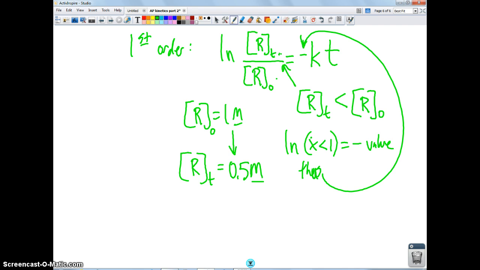I have to be able to keep this whole thing constant. This natural log gives me a negative value on the left. I'm going to need a negative value on the right, so I put the negative sign in to make sure that we're getting that. Because time, you can't have a negative amount of time. You can't have negative 10 seconds. That would be ridiculous. And the value of k is never going to be negative either. It is a proportionality constant that's